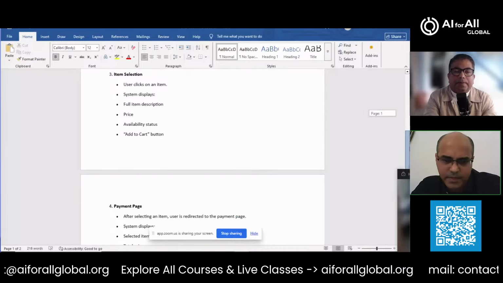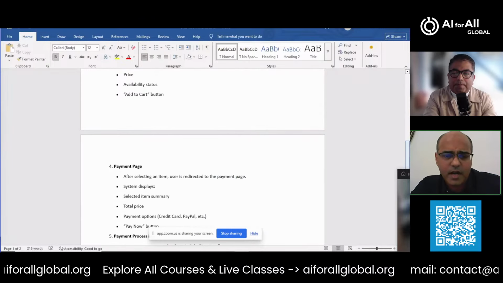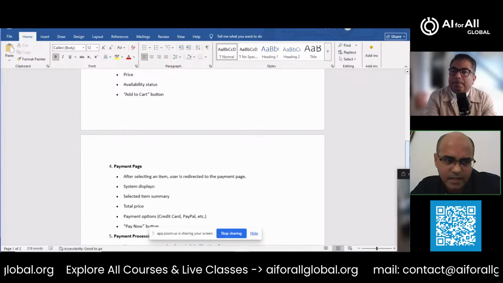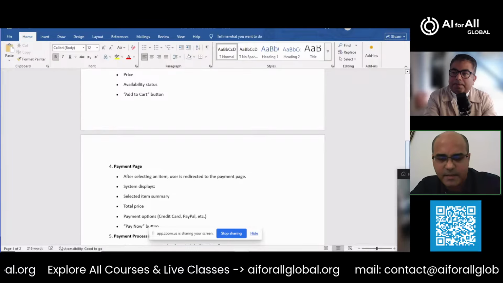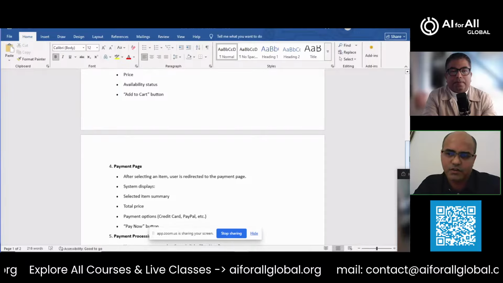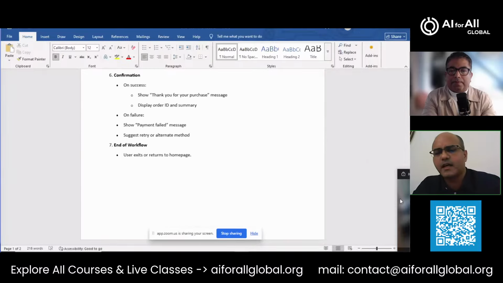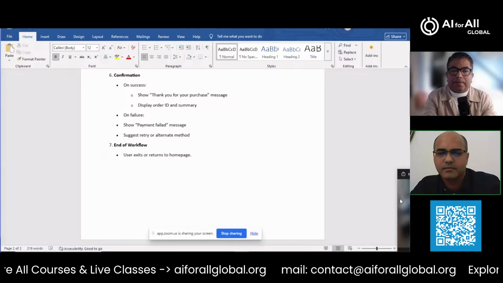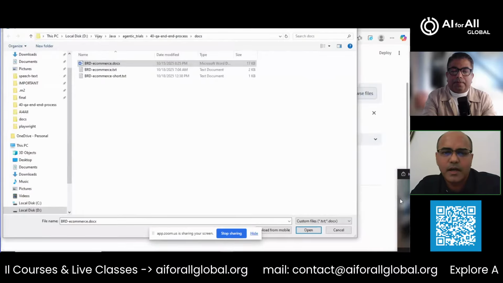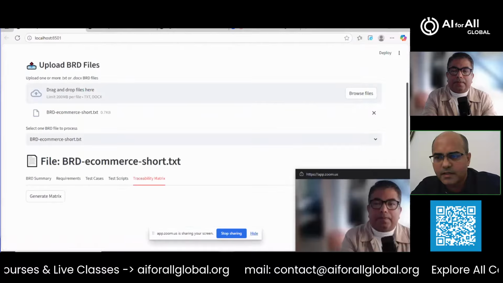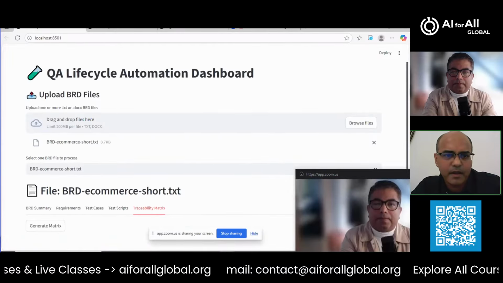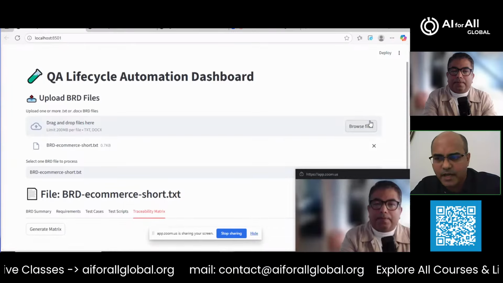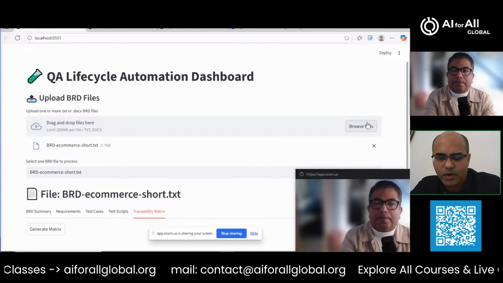all the requirements here. Okay, and for our friend Jason, he has to read the requirement. Not only that, he has to understand the requirements. He has to come up with the test cases and multiple other things, and he's running short of time. Do you think AI or generative AI can help in this regard? Let's take a look at that. So here I'm going to run a simple demonstration where I'm going to load this BRD and see what it brings up.